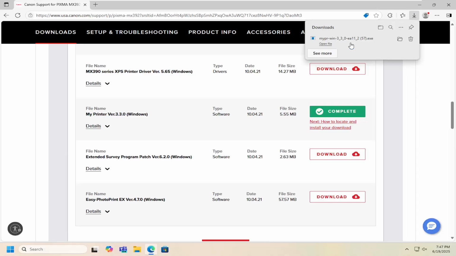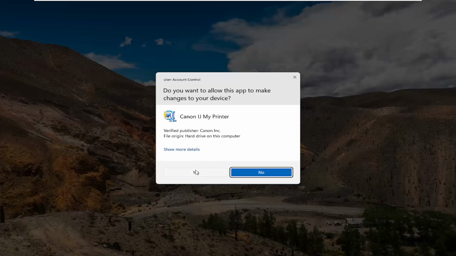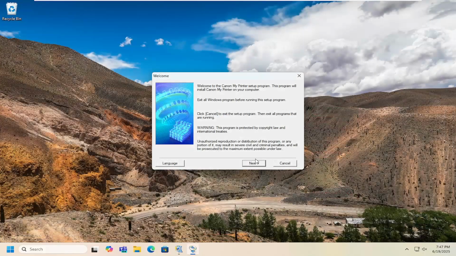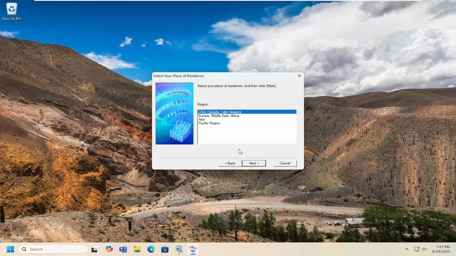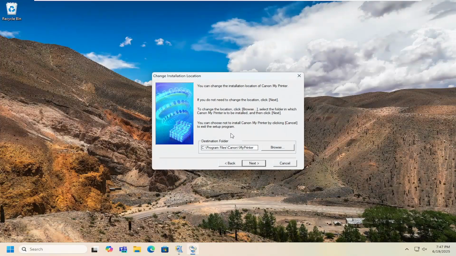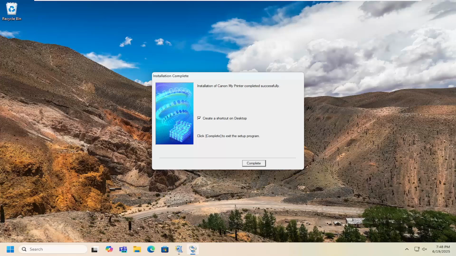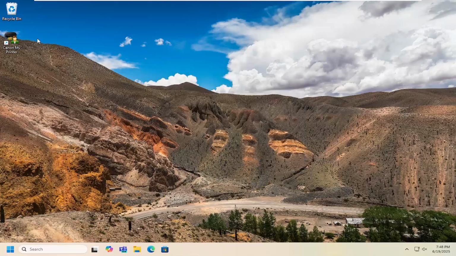Once the file is downloaded, go ahead and open it up to run it and select yes, should be a verified publisher. And then you want to proceed with the installation, so select the correct region and then country, accept the end user license terms, and if you want to change the destination folder path, you can. Otherwise, just select next. And then once that is done, you can create a desktop shortcut, which we're going to select and keep that